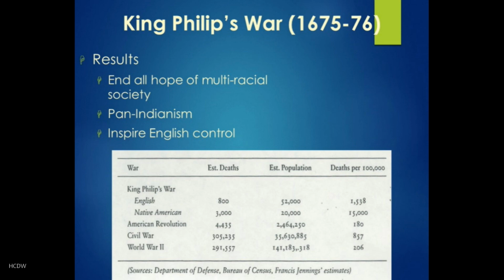So to put this in context, one historian named Stephen Saunders has written a book called 1676, The End of American Independence, which is an interesting play on the idea of American independence beginning in 1776. The thought here is that 1676 in some ways marks the end of American independence, which eventually will have to be restored after the American Revolution. It's an interesting approach to this conflict.